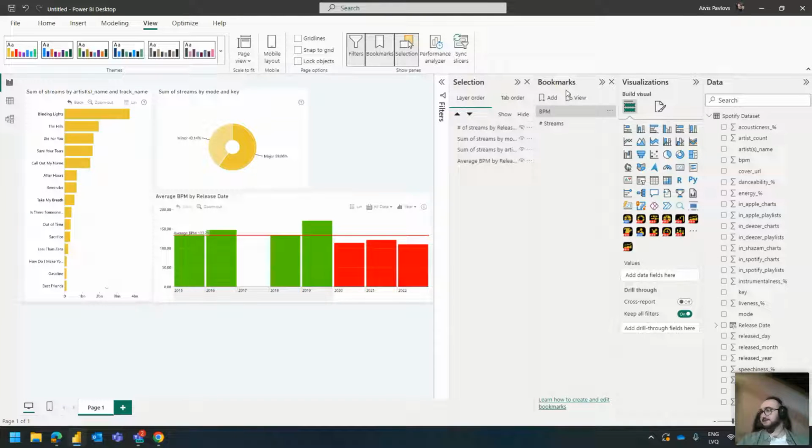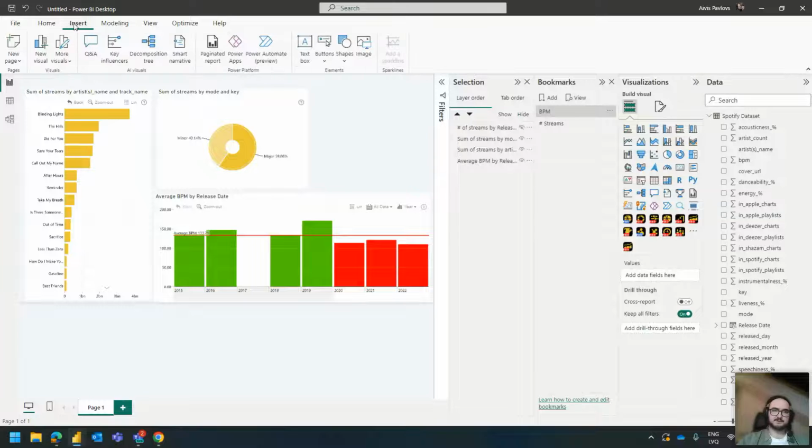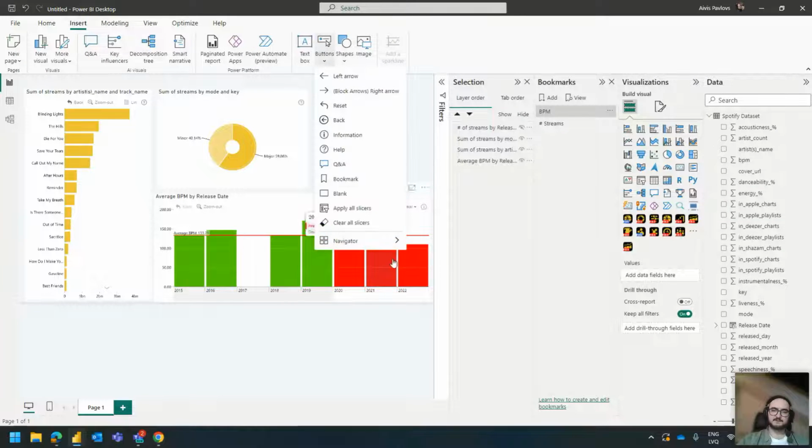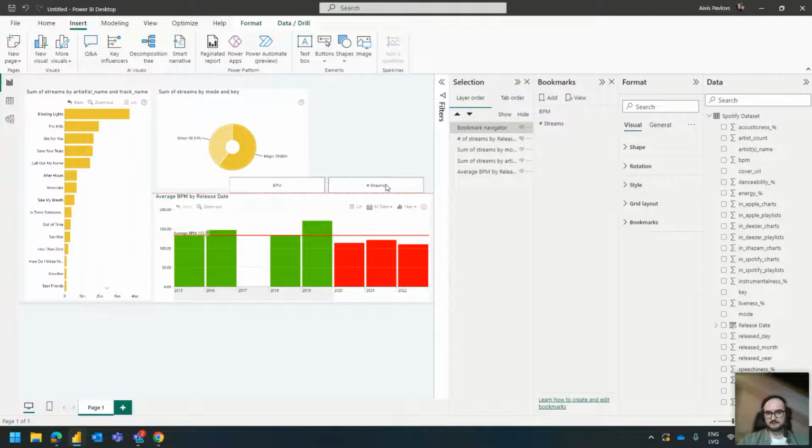Now, having bookmarks is cool and all, but I want to be able to have this simply available for the end user. And for that purpose, we can actually go into Insert, Buttons, Navigator, and Bookmark Navigator. So that gives me this nice looking navigator. The reason why I'm not using two different buttons is because it allows me to automate a lot of stuff. So I'm going to go here and say